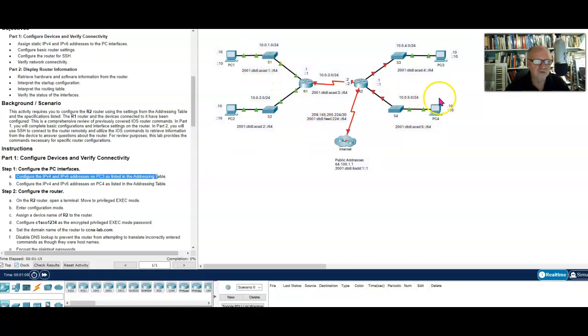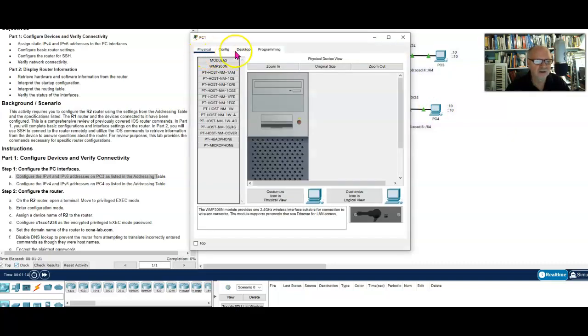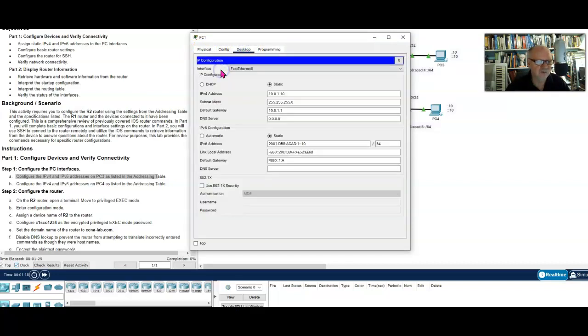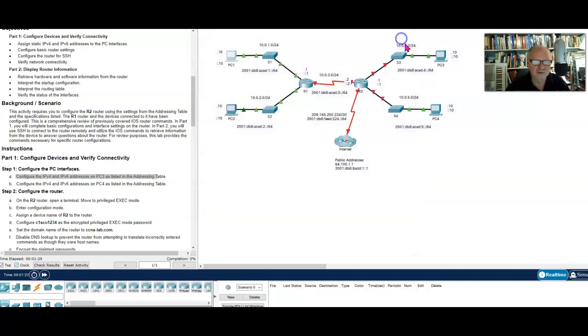Now notice that some of these PCs already have them. So for example, PC1, if I click PC1 and I go over to desktop and then IP configuration, you'll see that I already have the addresses filled in here. So we want to do this for PC3. So I'll click PC3,